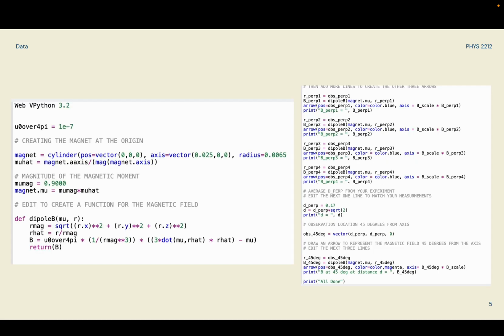These are 2 quick little snapshots of my Python and GlowScript model. As you can see us creating a function for the magnetic field and then adding arrows on our diagram and creating an arrow for the magnetic field at a 45-degree angle. So off of the axis,